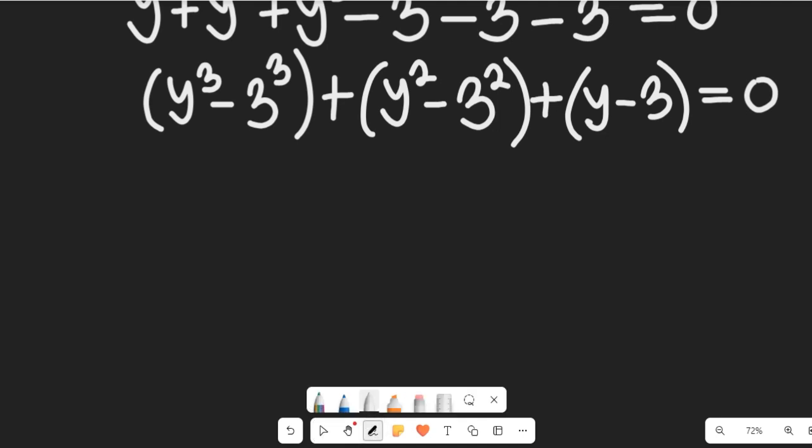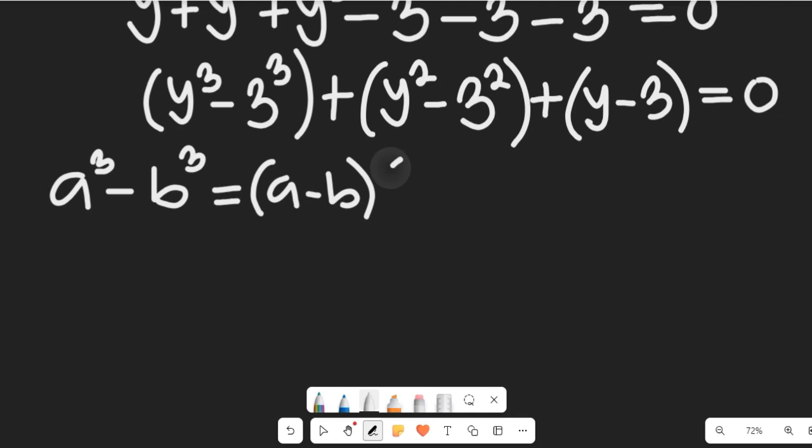some algebraic formula. Now recall two algebraic expressions. From those two algebraic expressions, we have a to the power of 3 minus b to the power of 3. This can be equal to a minus b, right? Multiplying a square plus ab plus b square,